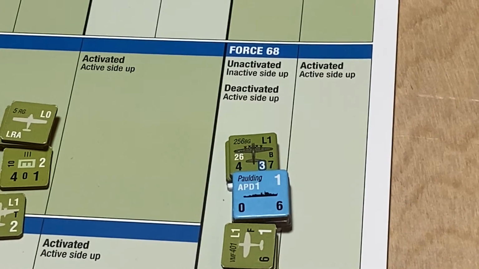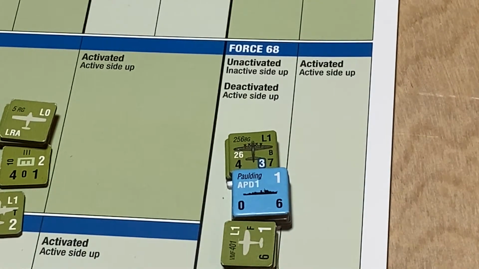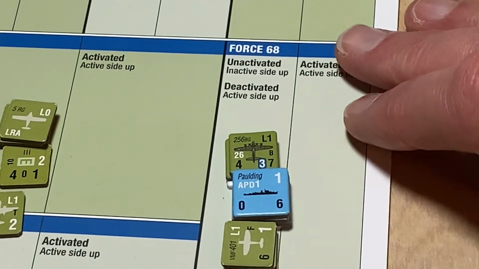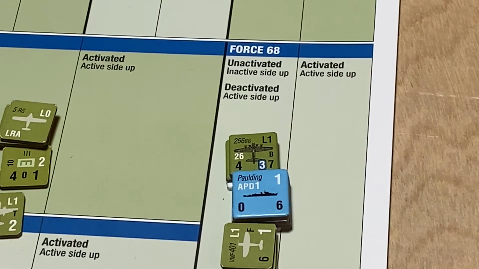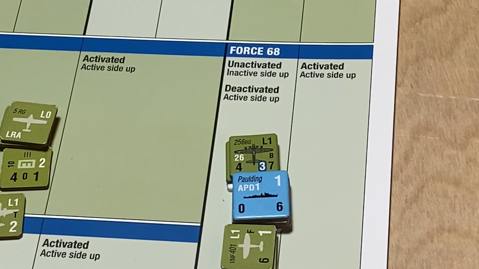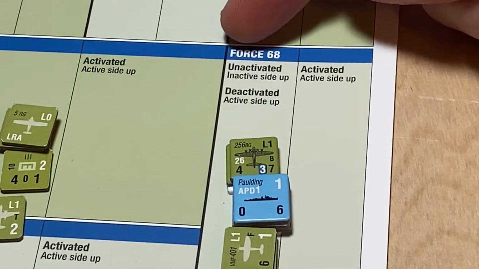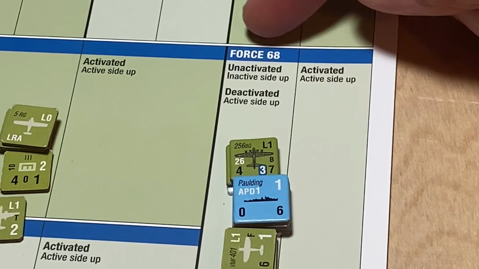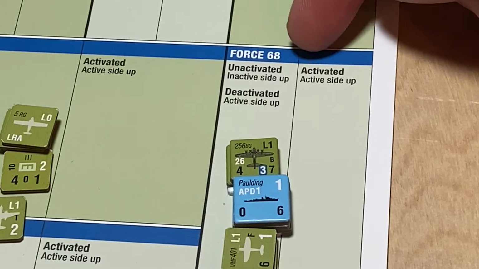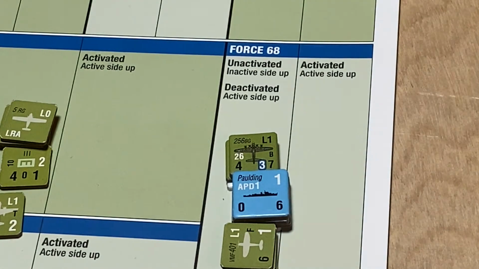This comes under the heading of I should have known better, but it's one of those things you don't think about until you look more carefully at the force display sheets. And as I was playing, I wasn't paying enough attention to the way this was delineated here. And some of you already know what I'm getting at. But when you're in a campaign,